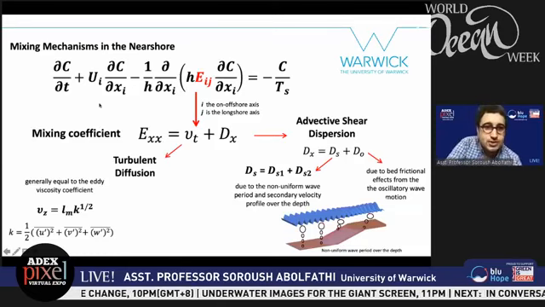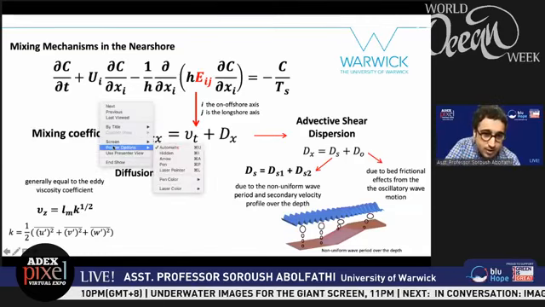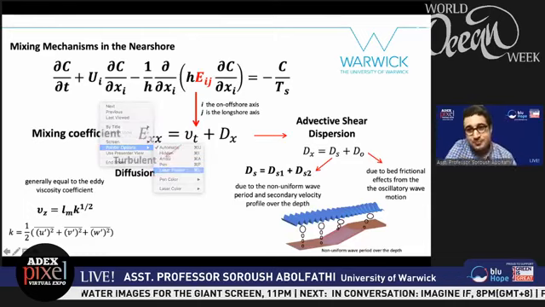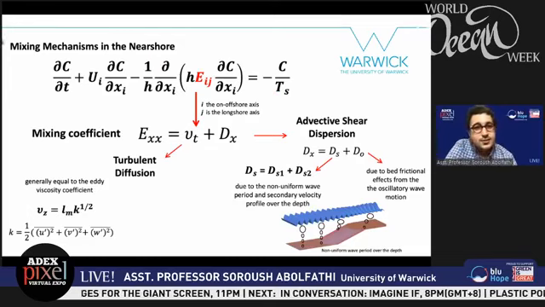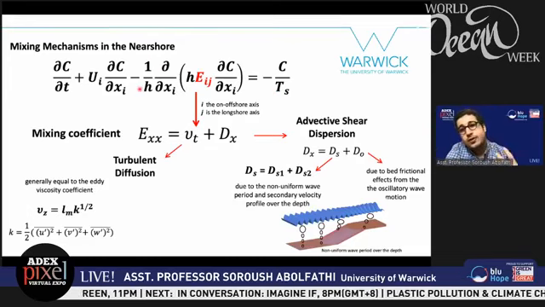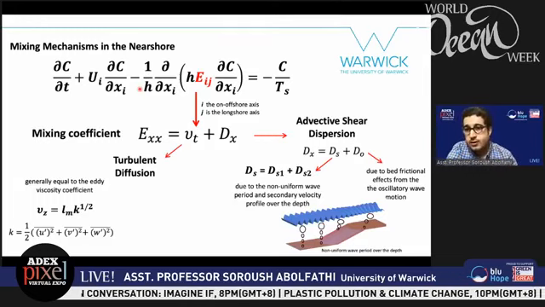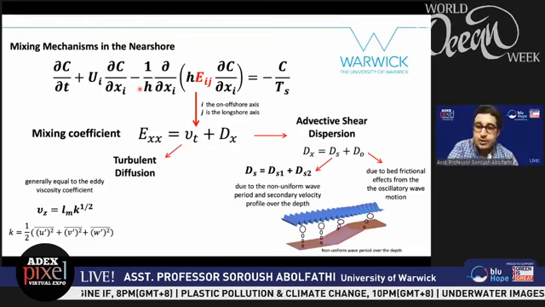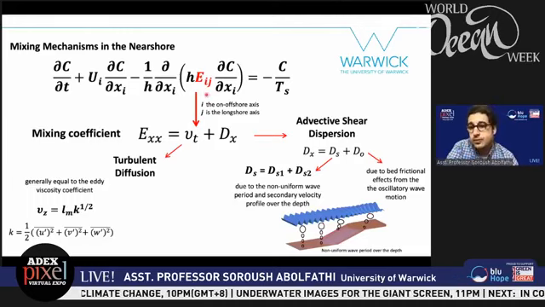So the first equation that you see here, let me get the laser pointer, sorry, so that I can talk about it. This first equation is the equation that basically governs the transport of any scalar, a solute, a microplastic, a sediment. We call it the advection diffusion equation. To give you a little bit of background in terms of the modeling, this red parameter E here is what we call the mixing coefficient.